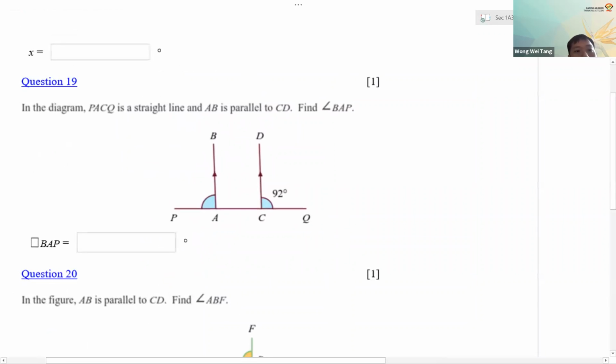Question 19. So we have PACQ is a straight line. Every time they give you a name of a diagram, refer to the diagram. PACQ, check that the diagram corresponds with the sentence, the information given. It's a straight line, AB parallel to CD. So AB, CD, parallel. So find angle BAP. So this is the angle that we want to find. Okay, so next on our list, we have,